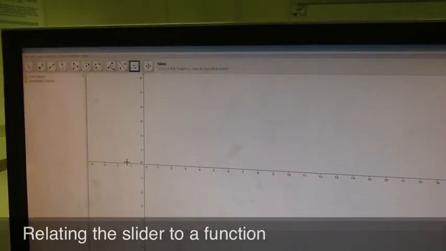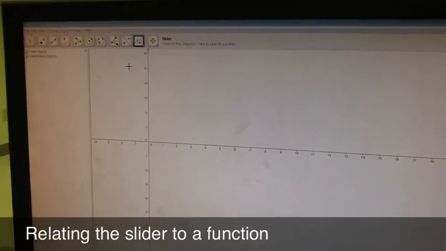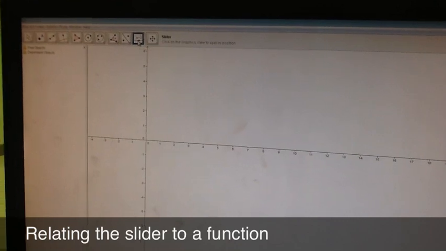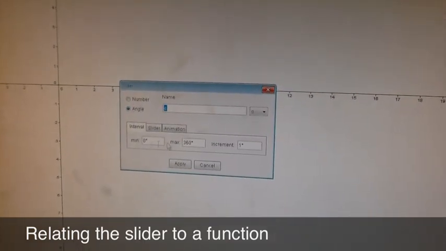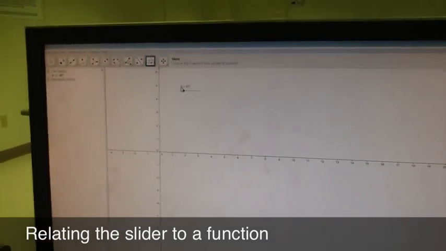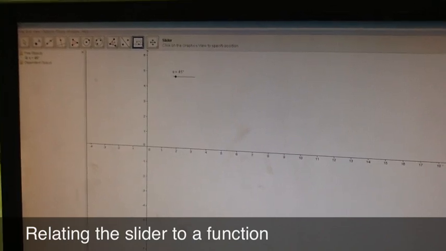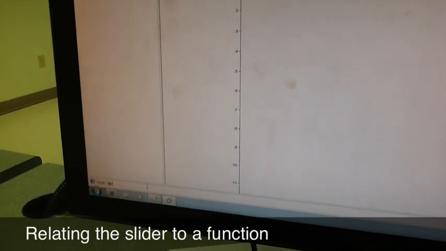Okay, this is another slider technique. First, make sure the slider's selected. Click on the screen. This time choose angle. 0 to 363 should be fine. So just hit apply, and its angle should be named alpha. Whenever we make the relationship, we're going to use a function this time. It's going to be f of x